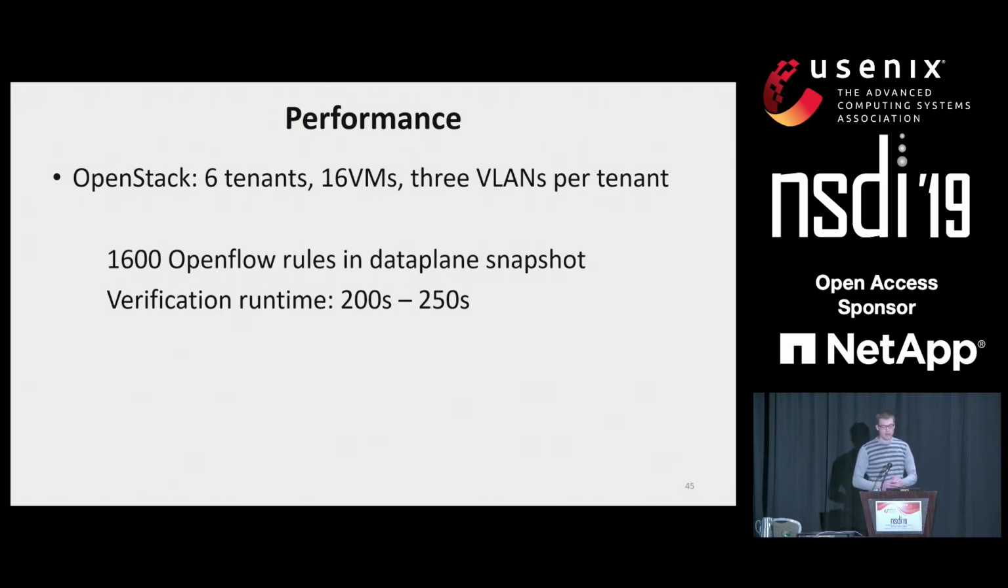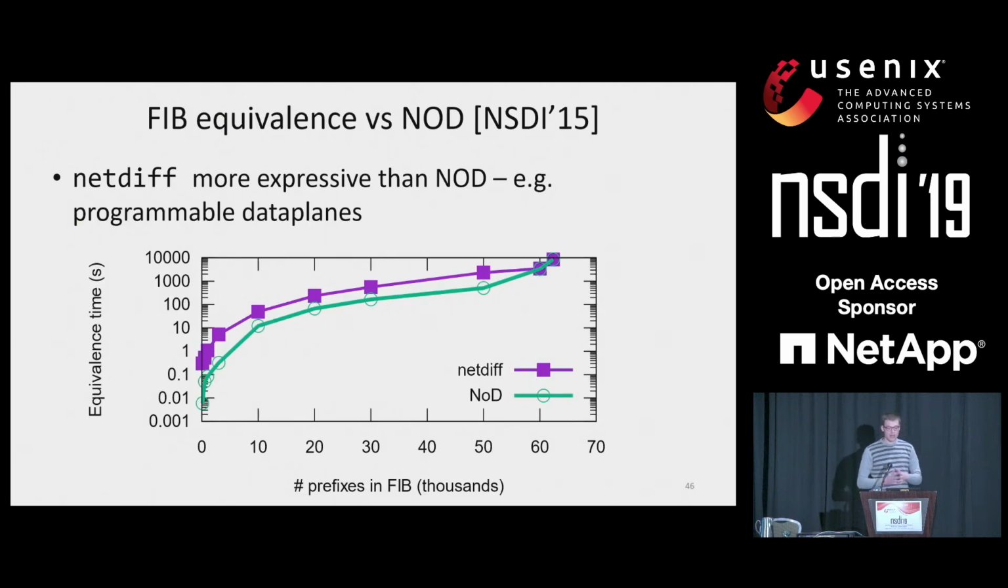Before I wrap up my talk, I'd like to give you some numbers on performance. On our small-scale OpenStack testbed deployment, we found that roughly 2,000 OpenFlow rules per data plane snapshot takes less than 5 minutes. We've also compared equivalence checking using netdiff versus Network-Optimized Datalog, a verification tool which expresses network properties in terms of Datalog queries. We can express a limited version of equivalence